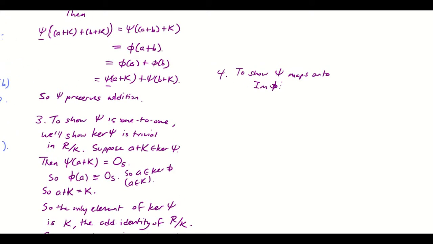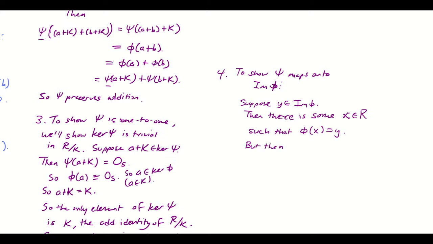Okay. All right, so to prove that psi maps onto the image of phi, here's how we do it. Suppose Y belongs to the image of phi. Then there is some X in R such that phi of X equals Y. But then, by definition, psi of X plus K is also Y. And that's pretty much the proof. So Y belongs to the image of psi. So the image of psi is equal to the image of